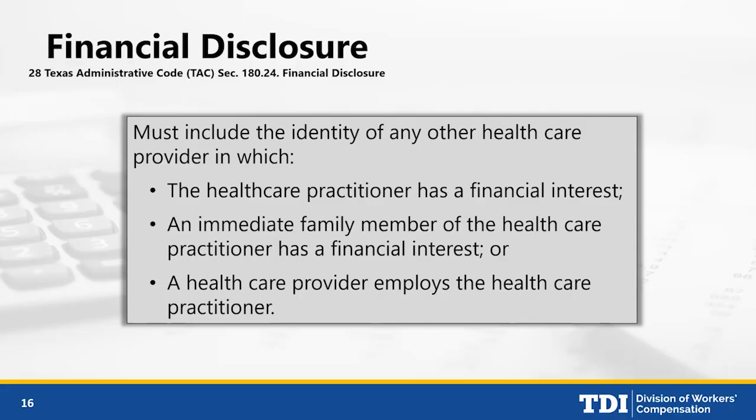So if you're looking for more details, we have a web page with examples and instructions on how to file financial disclosure information in our online system. You can find this if you look at the map that was sent out with your login information. You can find it under F for financial disclosure. That map has the workers' compensation A through Z section. That link will take you to our division website, the workers' compensation A through Z.